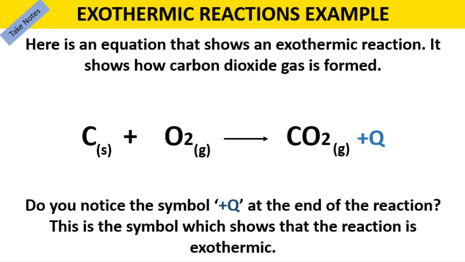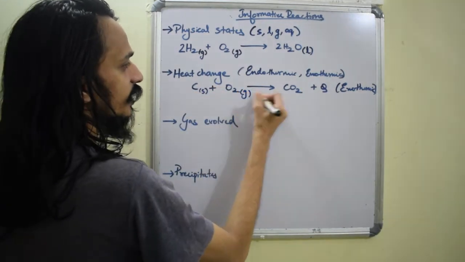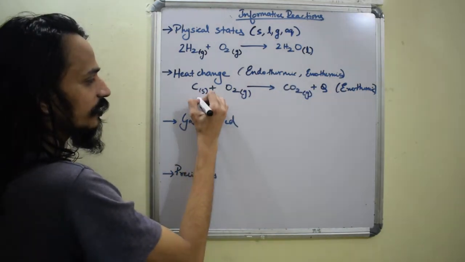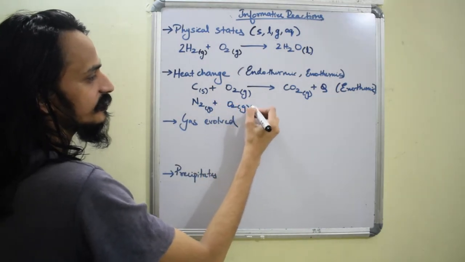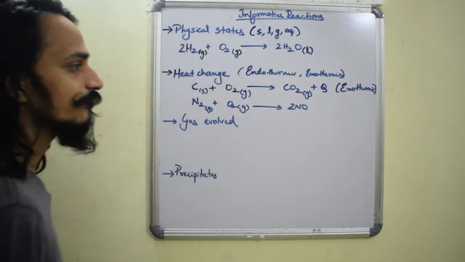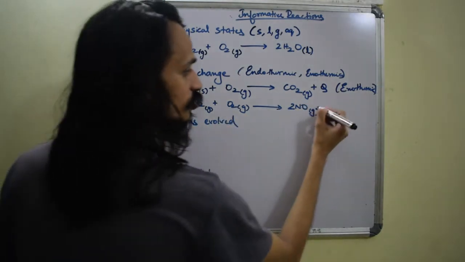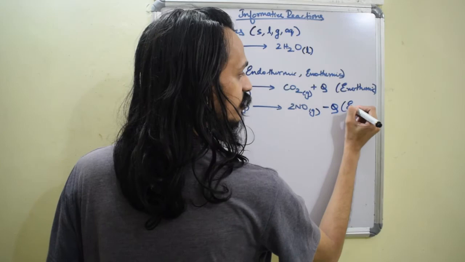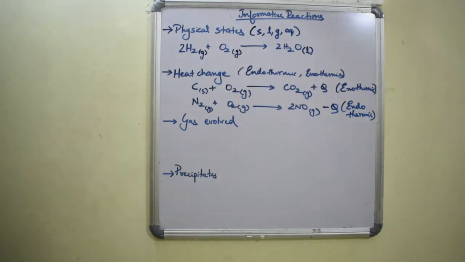Now I can also mention the states of matter over here. Carbon is a solid, oxygen a gas, CO2 again a gas. Q is nothing but heat. Same way, when nitrogen gas reacts with oxygen gas in certain conditions, it will get converted into nitrous oxide, which is another gas. But this reaction needs heat, so I will say minus Q because it is taking heat. So we call this endothermic. Endo and exo, just one word.